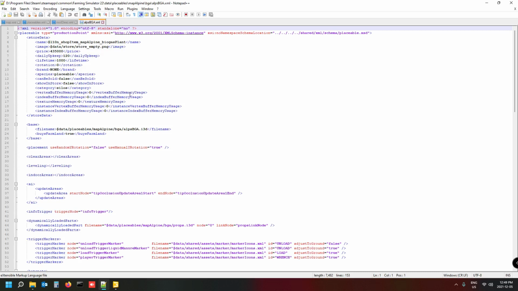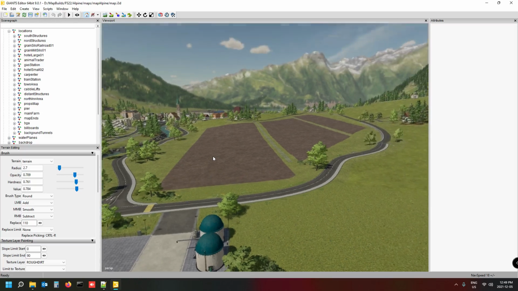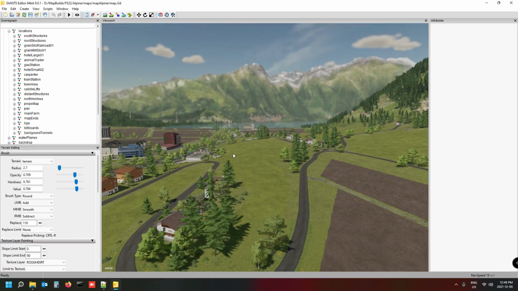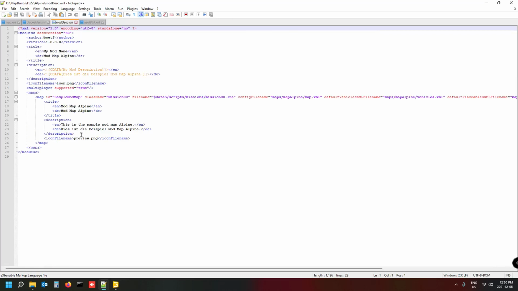So yeah, they haven't really done away with that, which actually makes it awesome for converting your maps now to Farming Simulator 22. It's much less of a hassle, because you don't have to change too much of the XML. So you can just rename your default items now to the new one, which is placeables. So it just makes it easier. The mod desc is still the same. Nothing changed there, where you can put your author and your version number and the map name, stuff like that, and then obviously your actual map